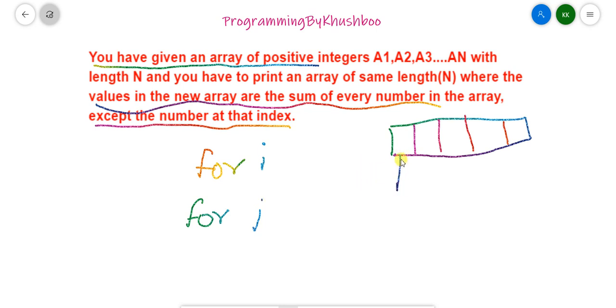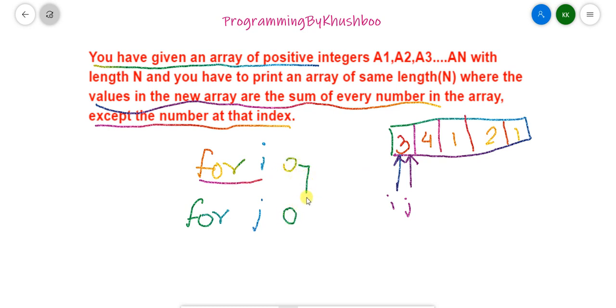For the first time, the i value will be 0 and the j value will be 0.